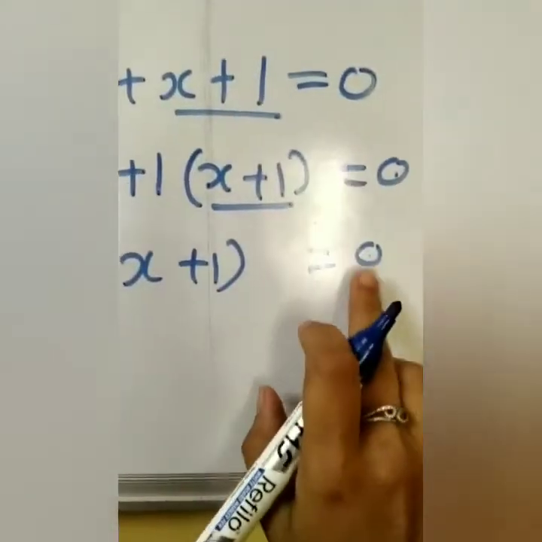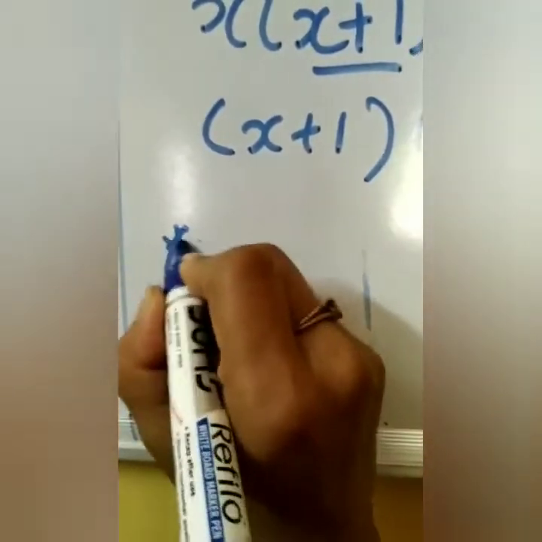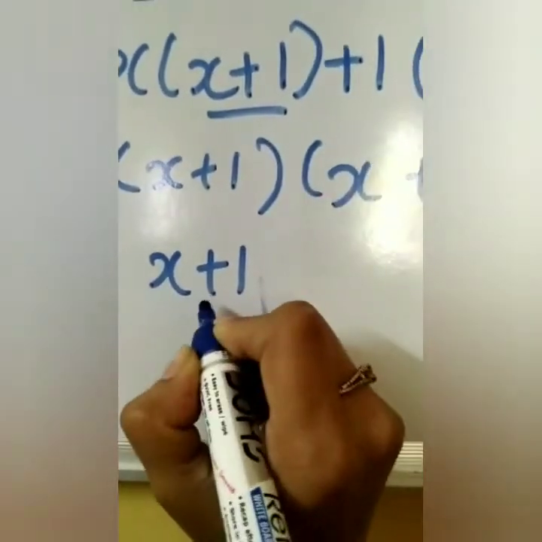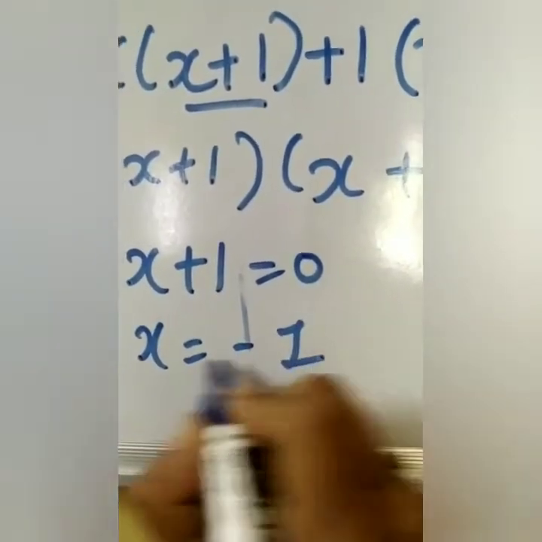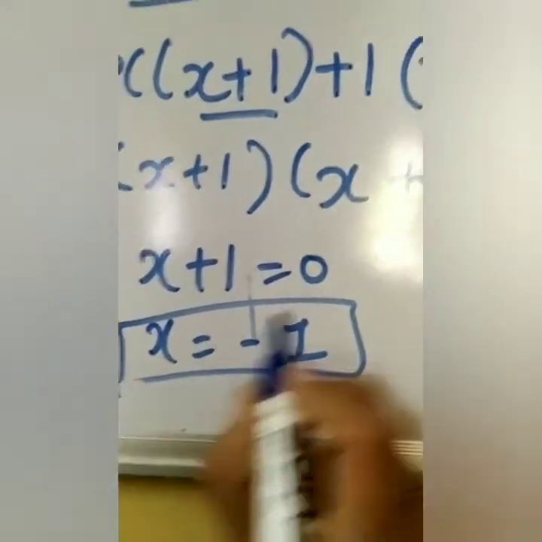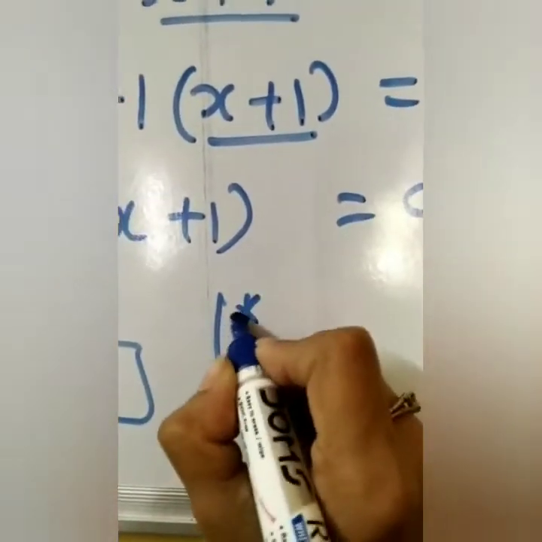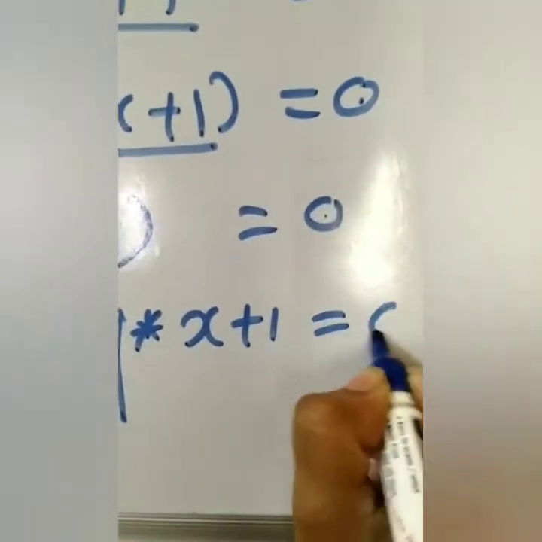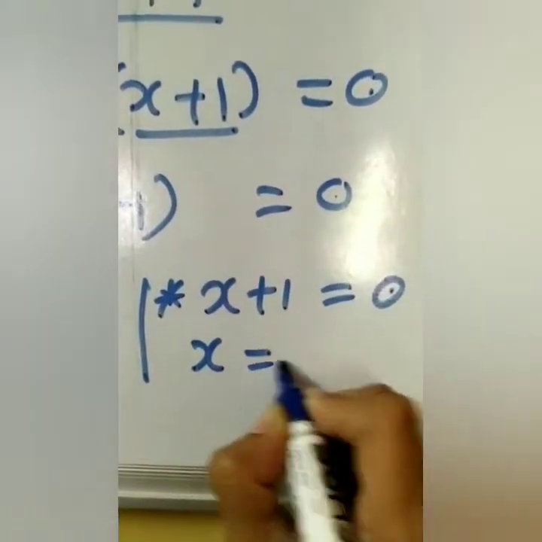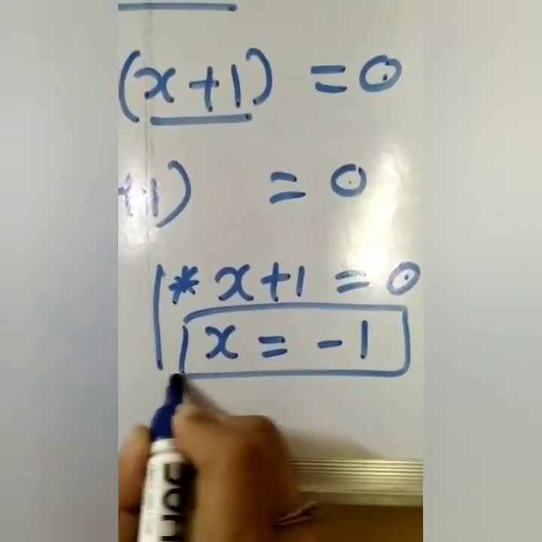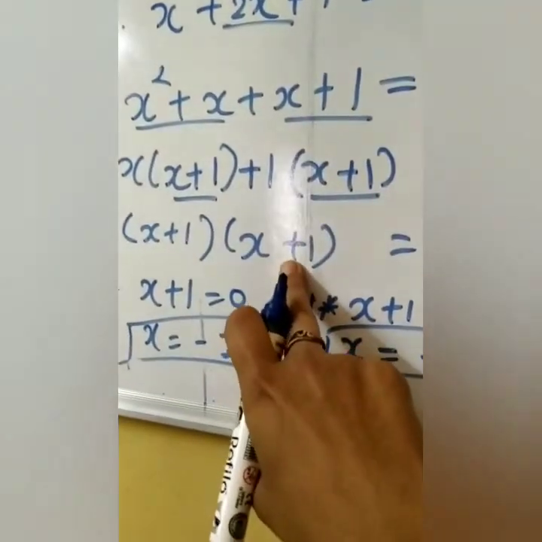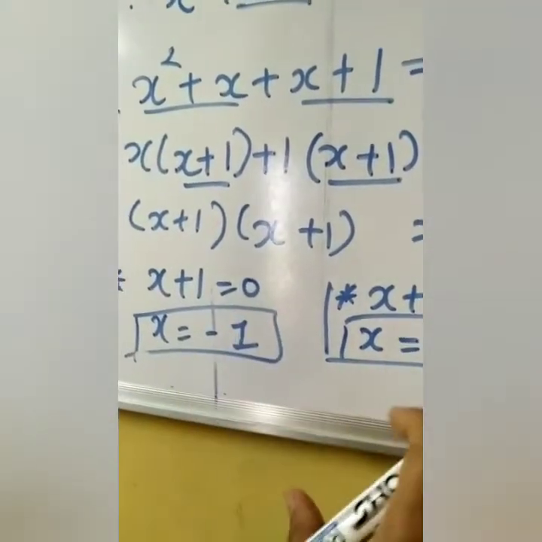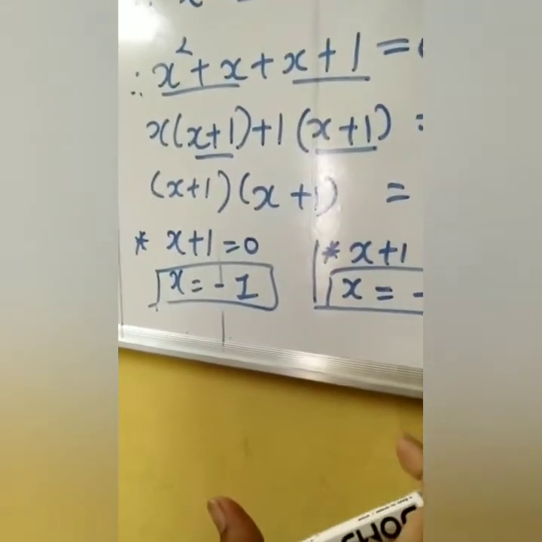If we are comparing it with 0, what we are getting? Let us see. If we are comparing x plus 1 with 0, we are getting x equals to minus 1. So we got one zero as minus 1. Our another bracket is also x plus 1. So if we are comparing with 0, we are getting minus 1 only. Why we are comparing same thing both the time? Because sometimes this sign will be minus. If you are habituated to doing this thing 2 times, it will be very good for you.